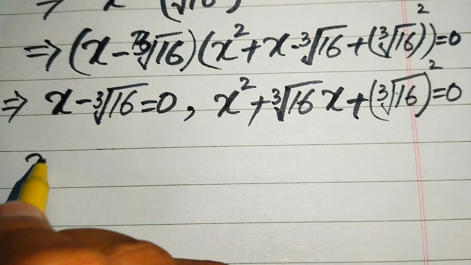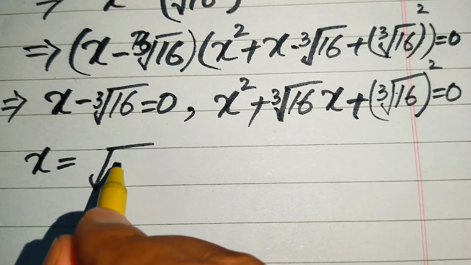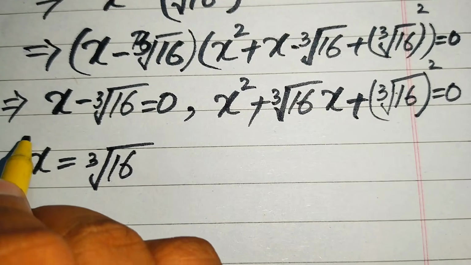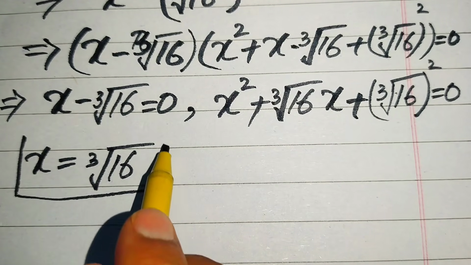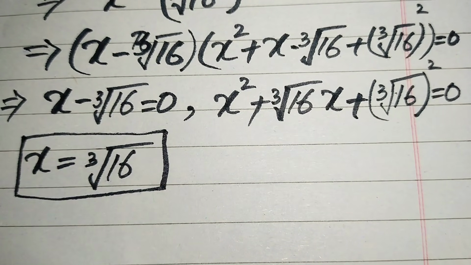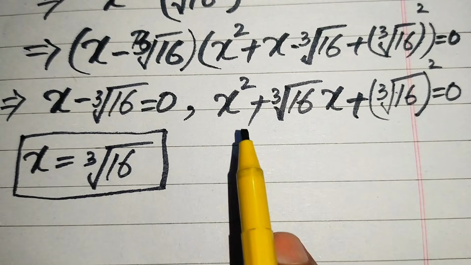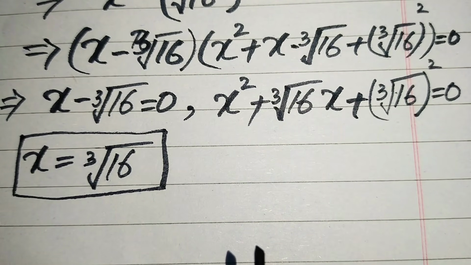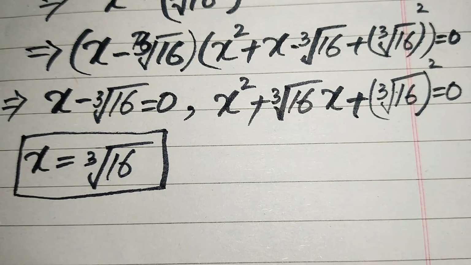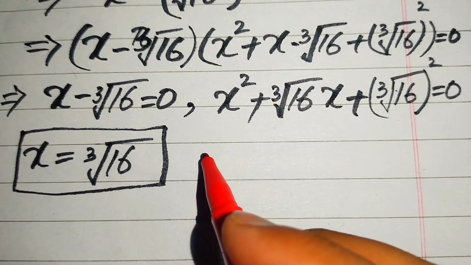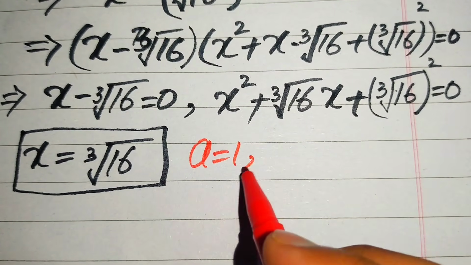From this case we easily get the value of x is equal to cube root of 16. So this is the second root of the given equation. So in order to get the other roots, we need to solve this quadratic equation. So for this, we first write the coefficients of this equation, and its coefficients are a is equal to 1,